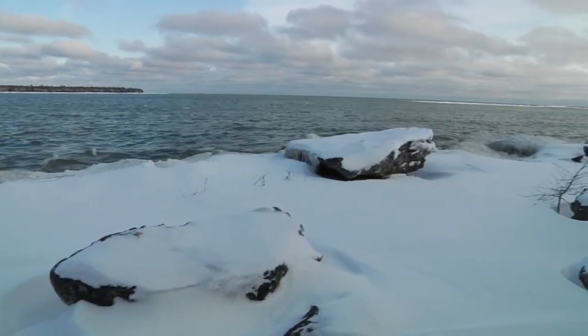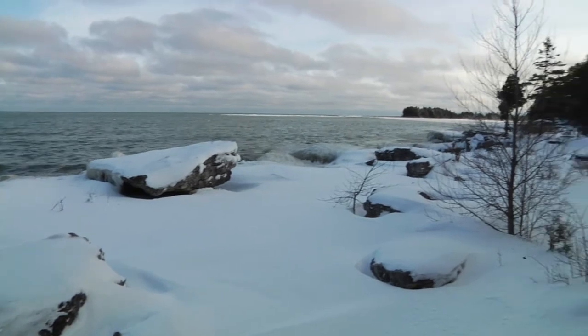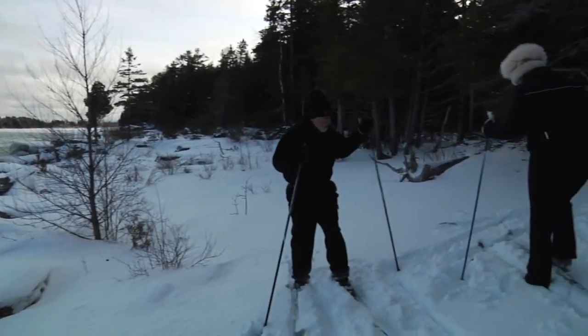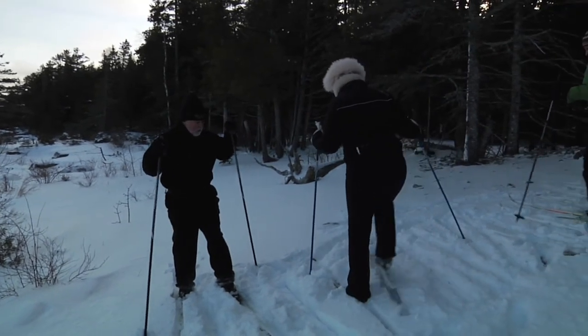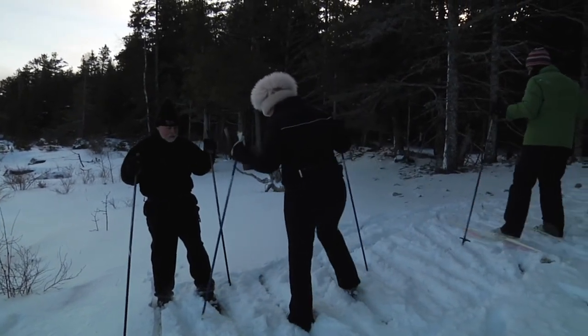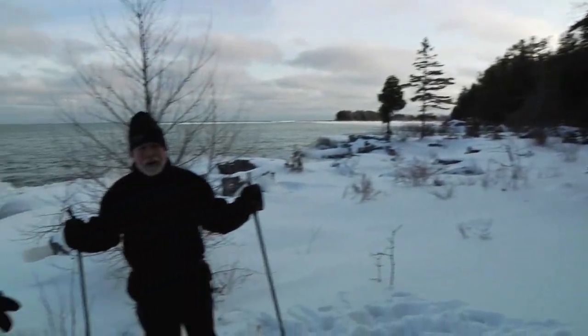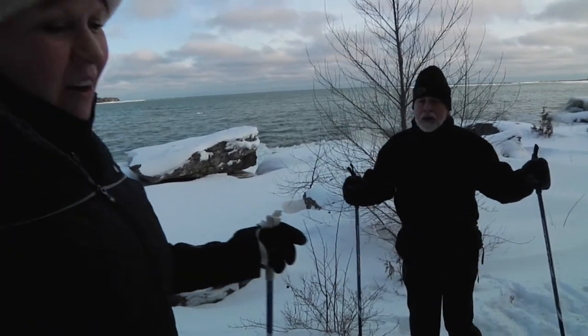Cross-country skiing could also offer you an opportunity during the winter months where you can get into areas in the wild or in the parks that you normally can't get to for a variety of reasons during the summer months. So consider it an opportunity to find these hidden places in Door County that you may not otherwise be able